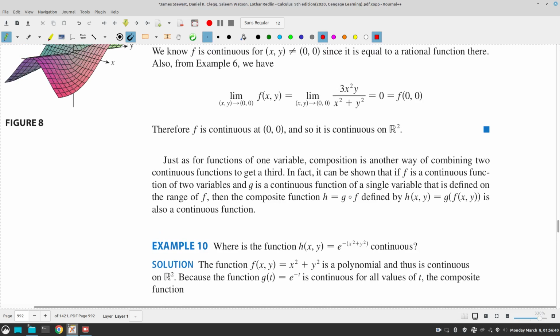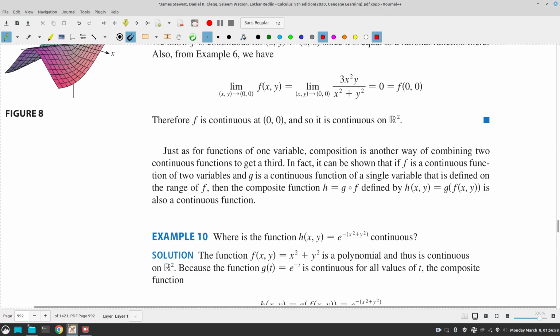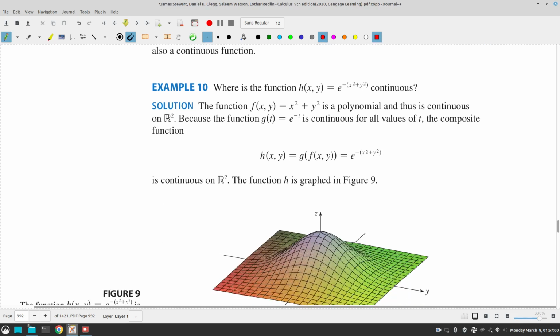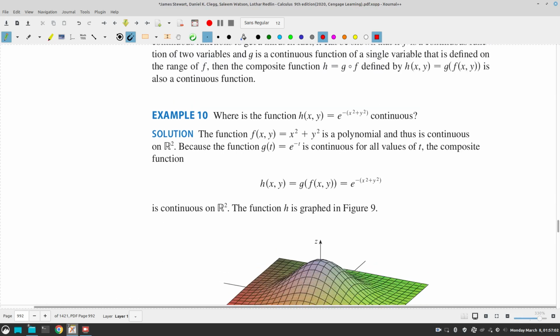Now, if you combine two functions, the composition of two functions is continuous, just as the composition of two functions in single variable calculus is continuous. Okay, so